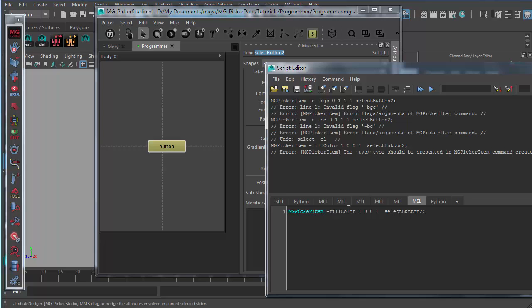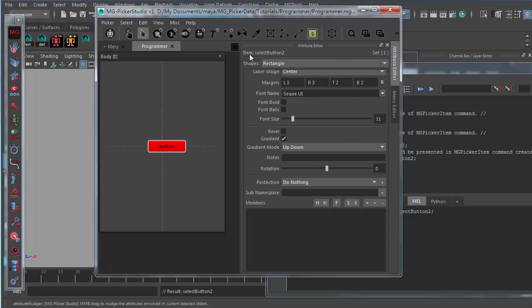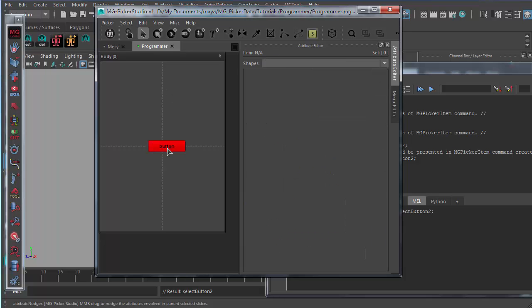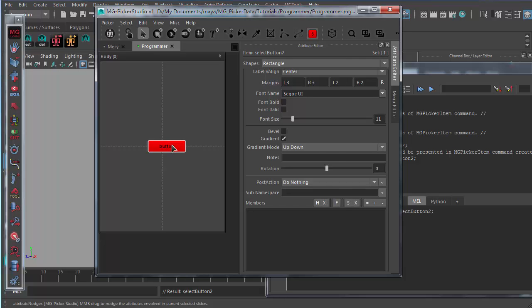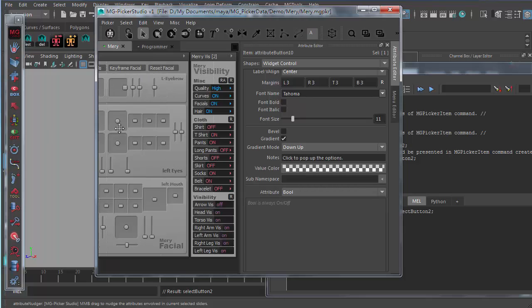There's an error for that, because we forgot to use the edit flag. Okay, we just execute this command and the button goes to red. So anytime you want to edit or query a state of the picker button, you have to give it an ID. So this raises another issue, because say I want to copy this button to this